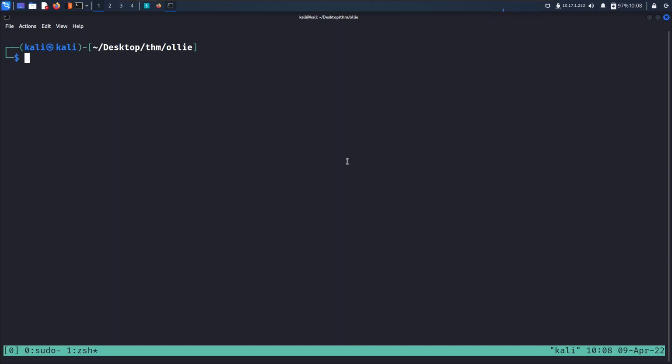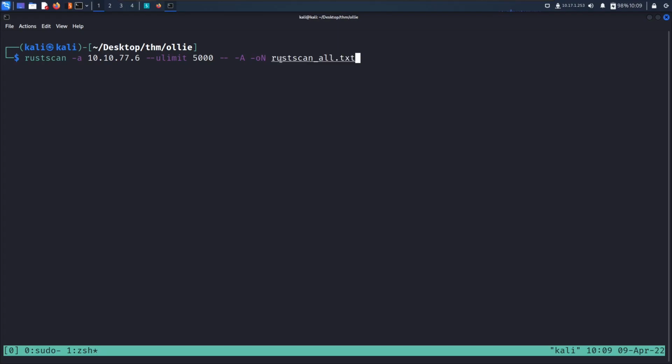I first of all initiated the RustScan here. You can take a look at the syntax. RustScan -a specifies the IP, and then --ulimit sets the speed of the scan, 5000 by default. Whatever you specify after the double dashes will be passed on to the Nmap scan after RustScan detects the available open ports out of all the ports. After it detects the open ports, it will aggressively scan those ports and then save the output in this